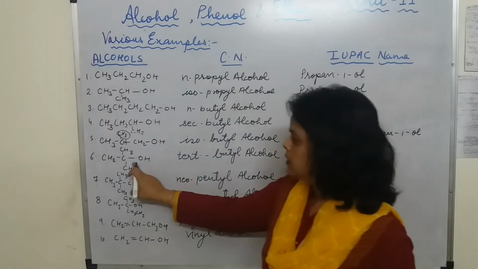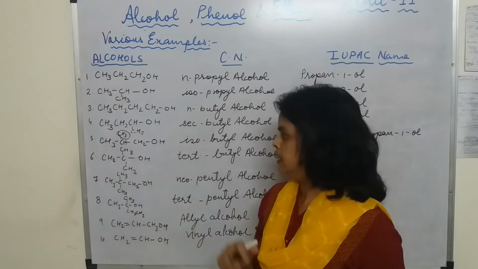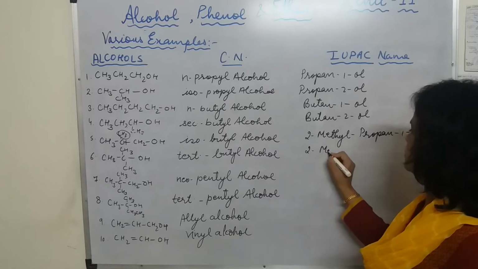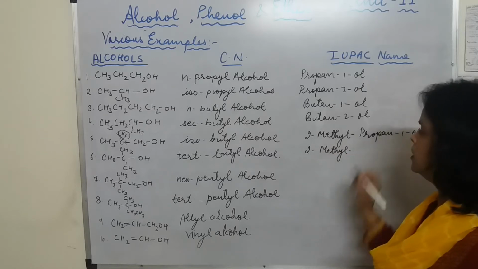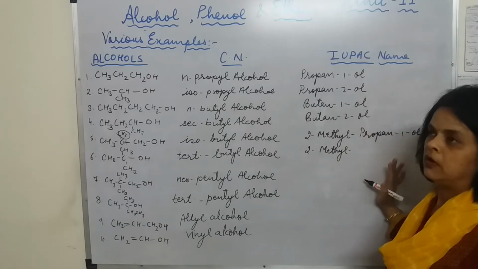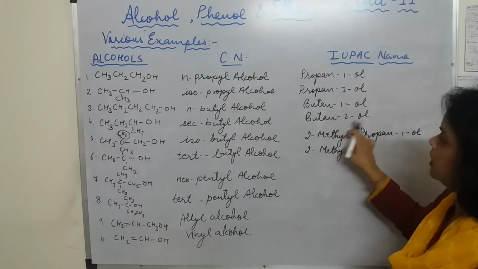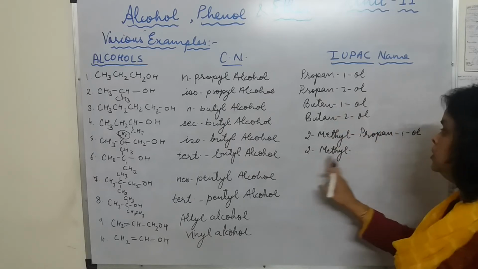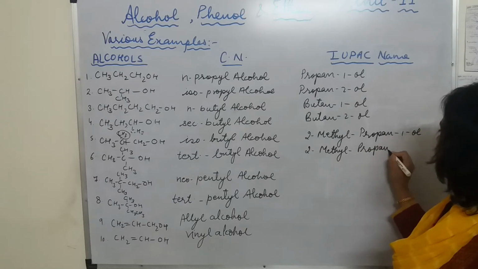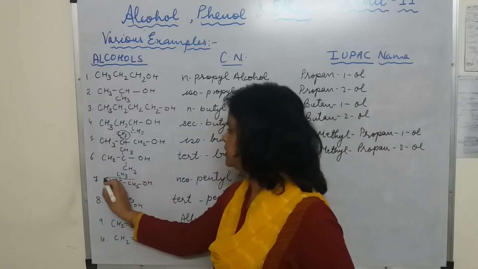Okay, now here this is the longest carbon chain and this is methyl group and this is OH. So we will write the name 2-methyl. Students, we all had learnt in class 11 that whenever we are writing the IUPAC name, they are separated by the hyphen. So take care of these small things. 2-methyl propane 2-ol.